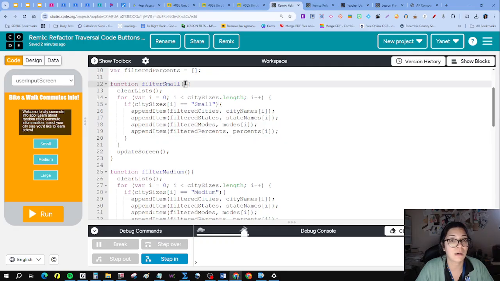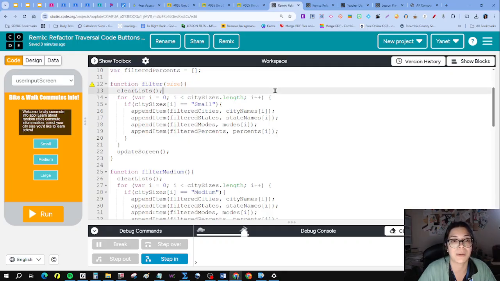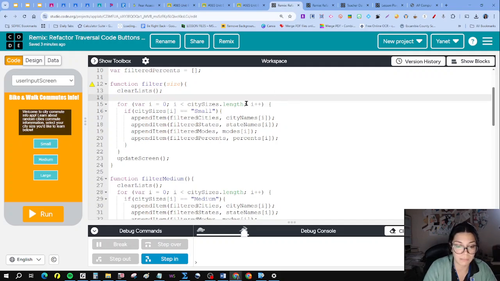If the user wants to filter by small, then it will go through all of them and use the small. Now, I don't want it to only check the ones that are small, but I also want to make sure that what they actually pick is small. So what I could do is name it just filter, and I can put a parameter, name it size, because that makes sense. Obviously here we're talking about size. So I can add a larger if statement